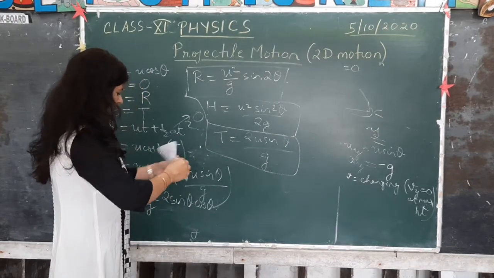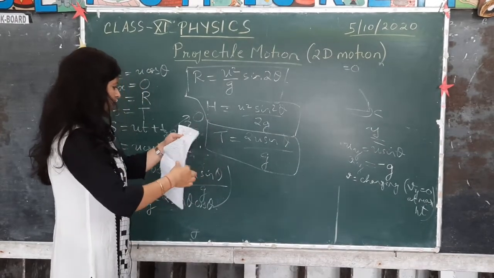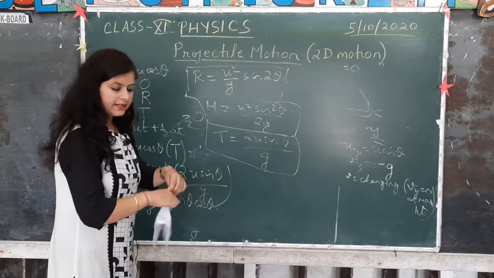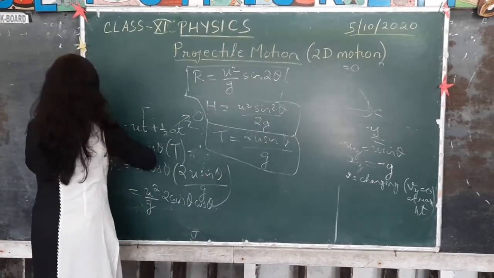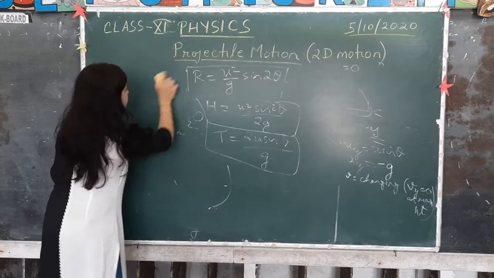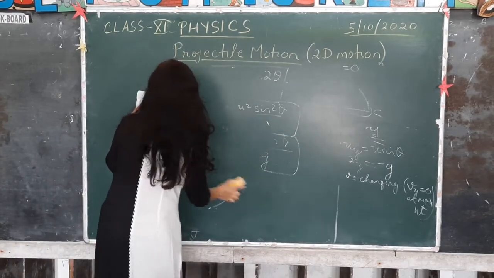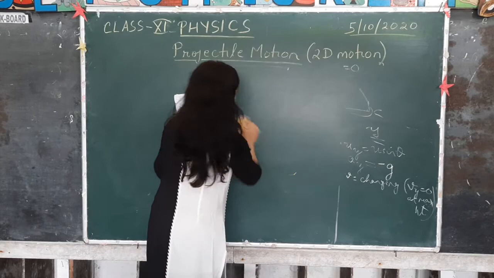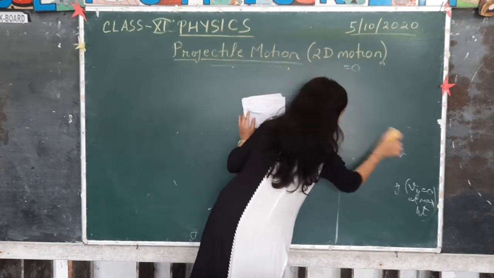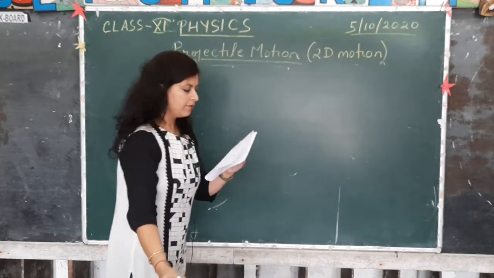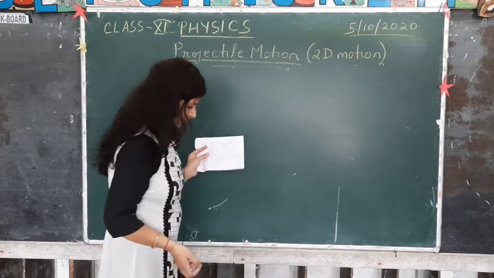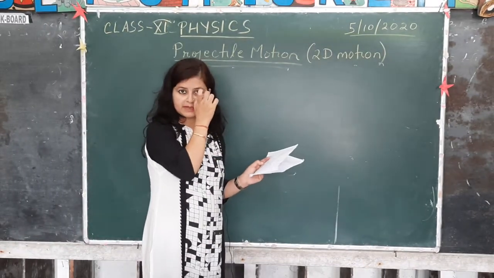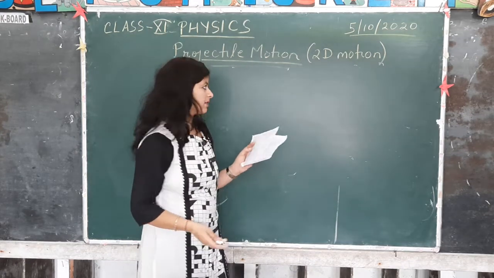Now coming to the last thing today, we are going to prove that the equation of this projectile is a parabola. That means we are now going to find out the trajectory of the projectile. The trajectory means the path followed. Alright, we will prove that it is parabolic. Now if it is parabolic, how will you find out whether the motion is following a parabolic path or not?